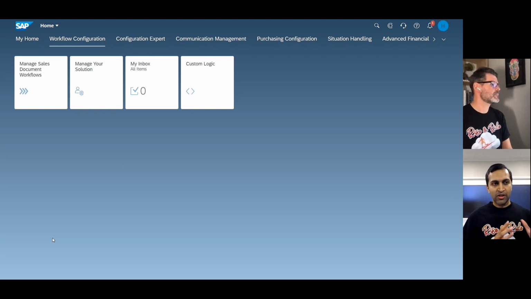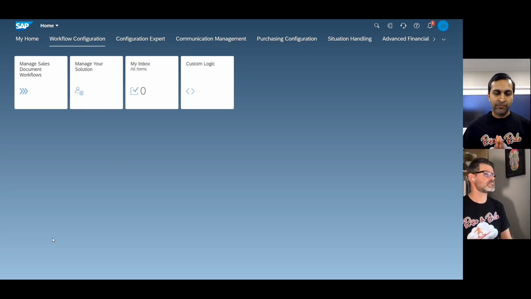Sure. Let's look at the configuration that can be done to achieve the outcome that we have seen just now. Now, in terms of workflow settings, as many of you might know, we require the reasons to be set up in manage your solutions. What are the reasons for which you want to stop or for which you need to trigger the workflow? We also have custom logic and the examples that are provided for that custom logic to trigger those reasons for a particular set. And then, to calculate the margin, we have added some additional custom logic,